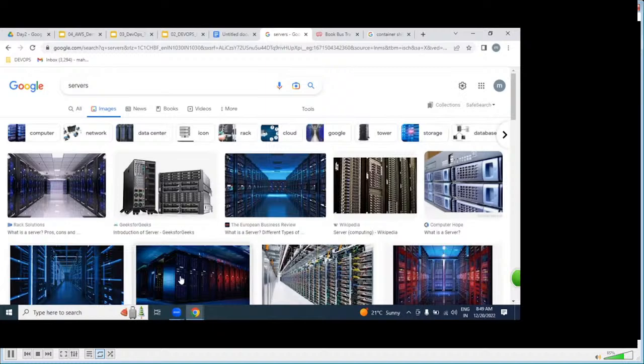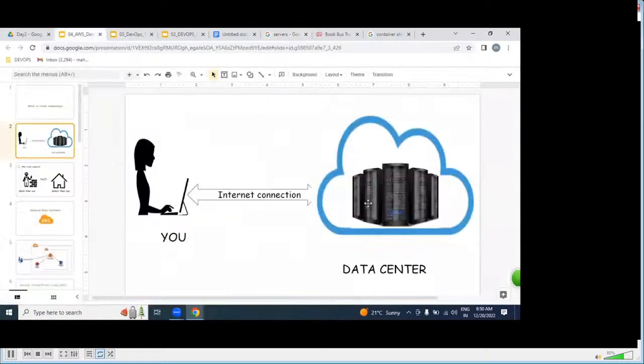These data centers exist physically. We can see them like our building, the way we can see a building physically with our eyes, as tangible things. In Hyderabad we have Amazon data centers, in the US also, and in Singapore also. From these data centers, if you can access a server, a network, a storage over the internet from a laptop, that is cloud computing. That is the statement I gave.